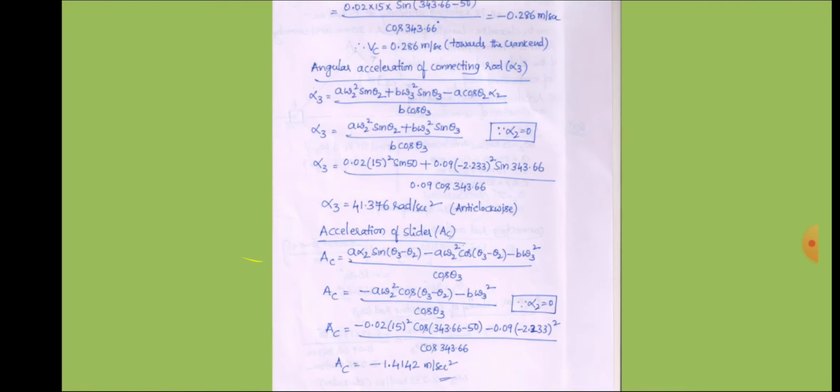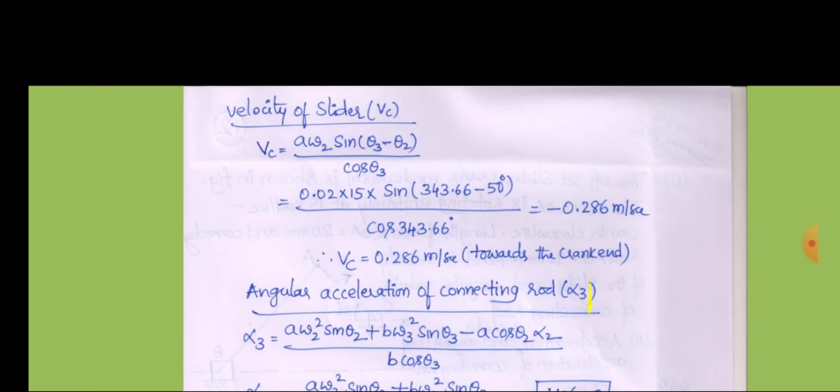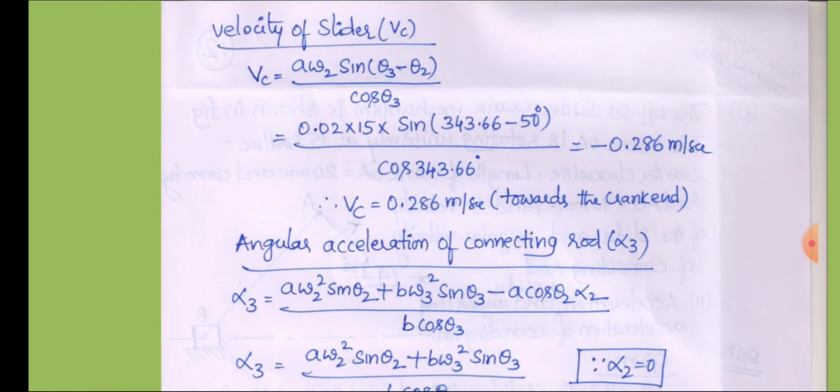Like that I can calculate the angular velocity of the connecting rod. So once you get the angular velocity, calculate the velocity of the slider, that is the linear velocity of the slider VC. Once again note down the formula, it is a omega 2 into sine of theta 3 minus theta 2, whole divided by cos theta 3. Here everything is known. A is 0.02, omega 2 is 15 radians per second, sine of theta 3 343.66 minus theta 2 50, whole divided by cos theta 3. If I substitute and simplify, I am going to get minus